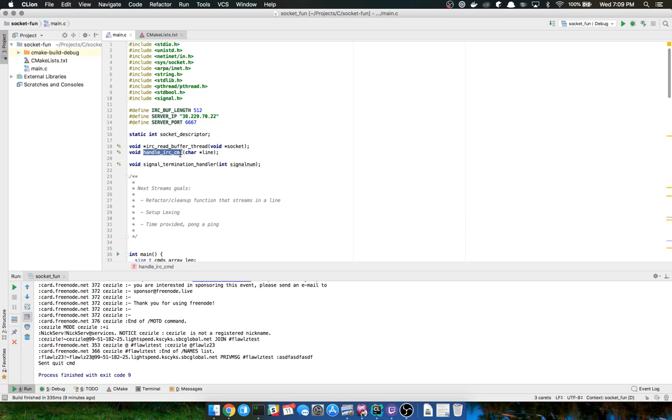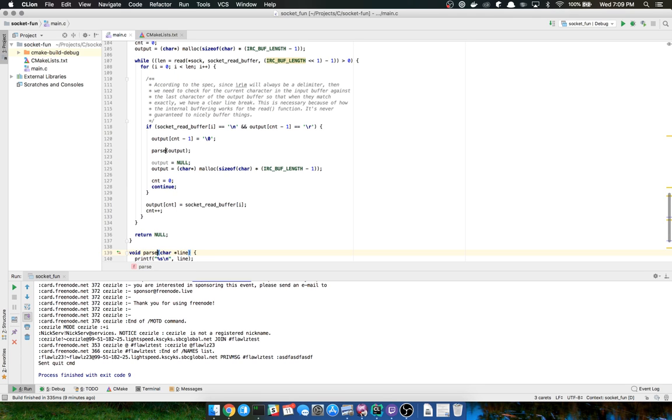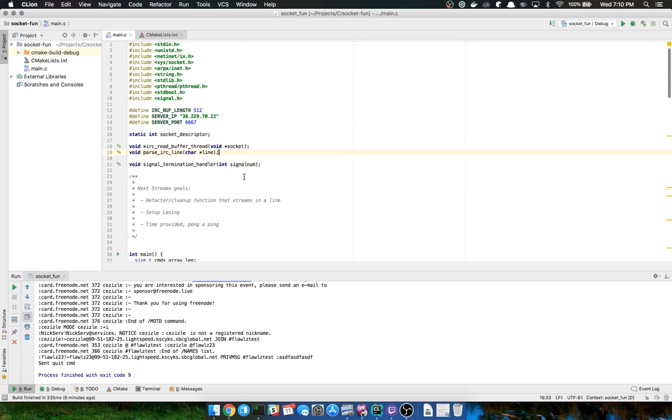Well, yeah, that's what it's currently named. I don't know how I feel about it, but I would probably call it parse IRC line. That makes more sense because we're expecting to get a line out of that.